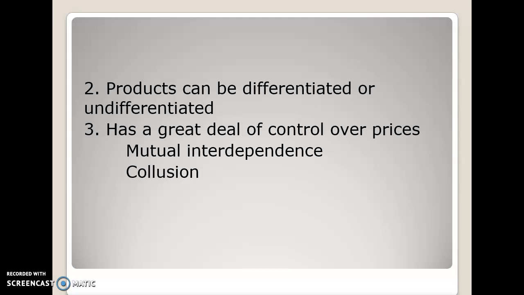But a question might be asked, what if it spanned across national borders? Well, that, my students, is called a cartel. A cartel, here's the definition, is a type of formalized collusion that spans across national borders. Good example of a cartel that you might want to write down is OPEC, O-P-E-C. It is named that because it's called the Organization of the Petroleum Exporting Countries.